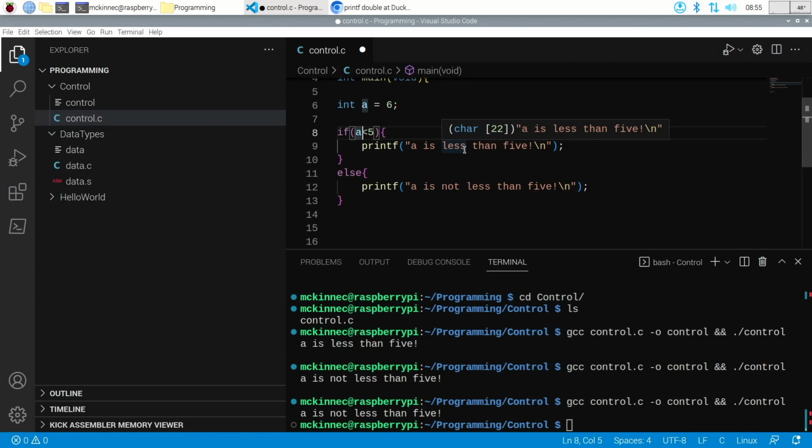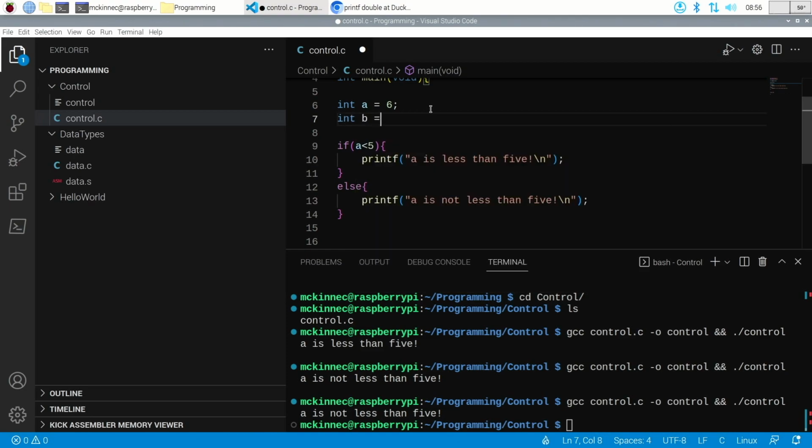But what about if I wanted to have more exotic conditions? In Python, how would you do this? Like, what about if I wanted to say, if A is less than 5 and B is greater than 7? You type it literally like that, A less than 5 and the word and B greater than 7 or whatever it is. So let me just throw in another variable here for posterity, and let's say int B is 9, and I could do something like,